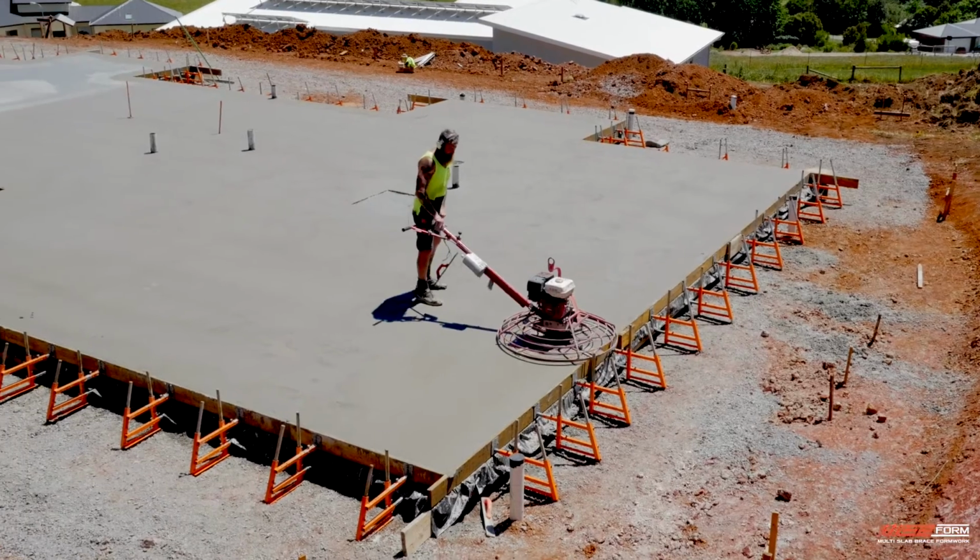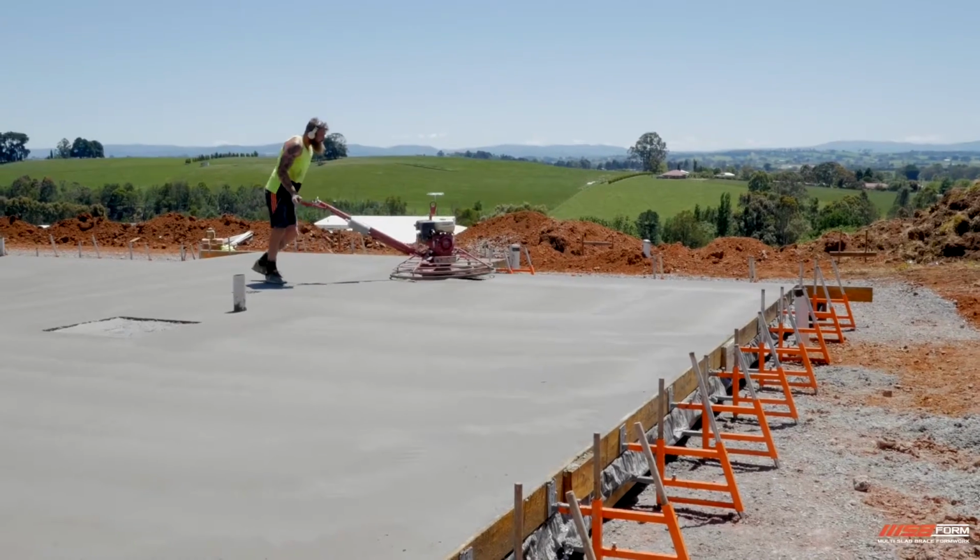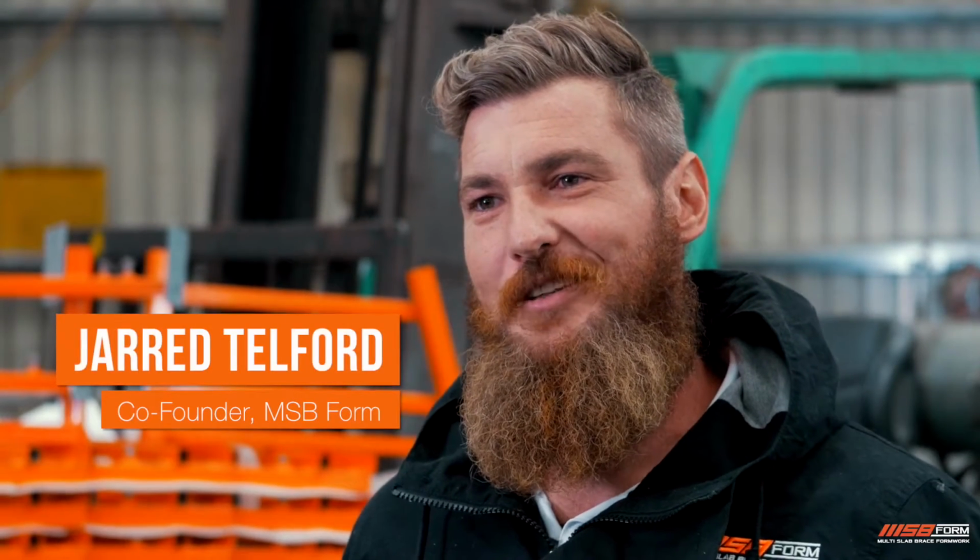I love concreting, yep. I've got two concrete tattoos and concrete hoodies that say I love concrete, and my missus would tell you that, yeah, I love concrete more than most things. Which is a bit sad, but...